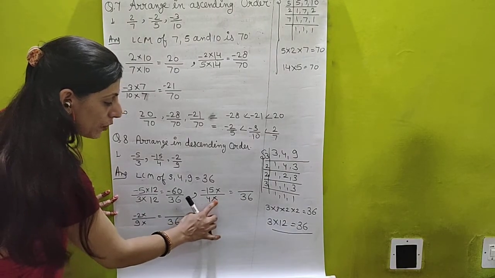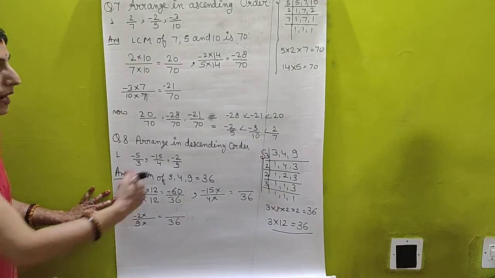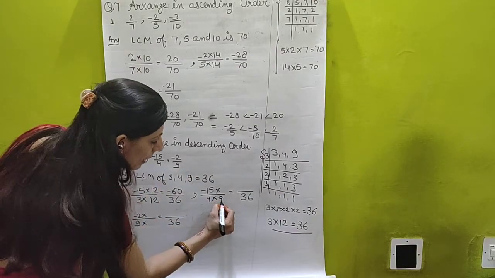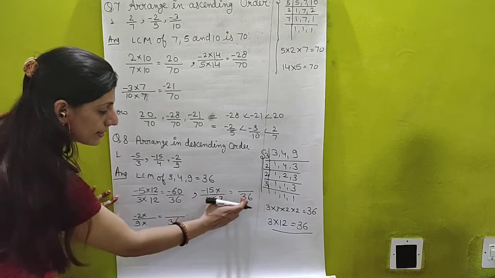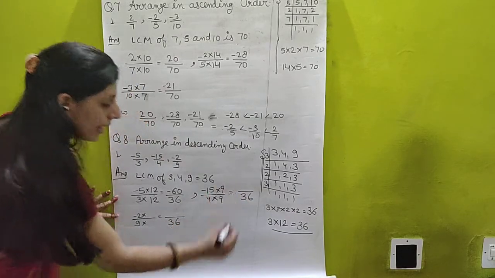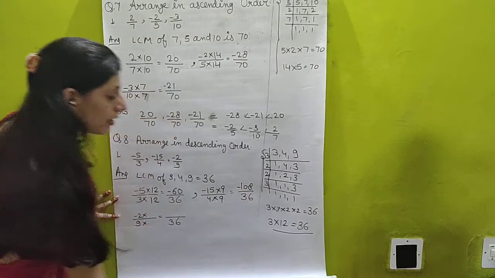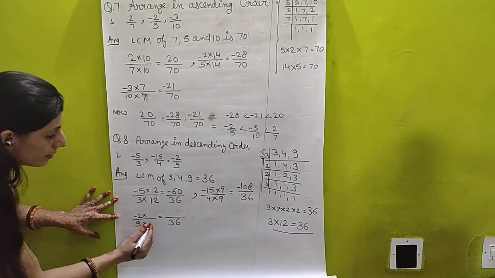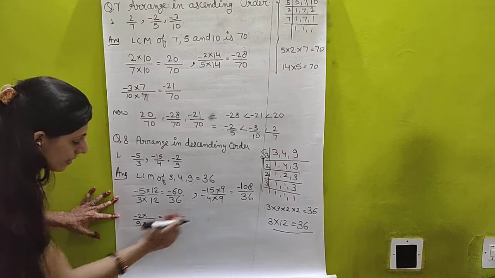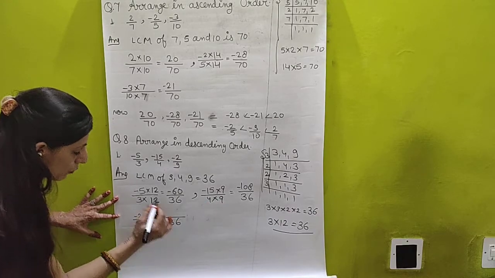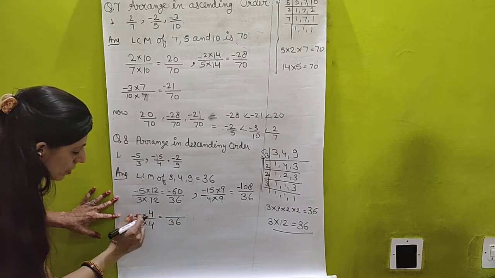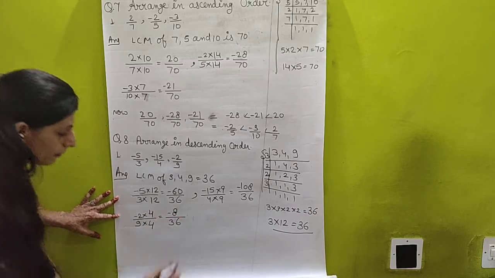from which number are we to multiply 4 to get 36? We are to multiply here with 9. 4 9s are 36 and here also 9 will come. 15 9s are 108 and then the minus sign will come as it is. Now here this is opposite. 9 4s are 36, and upside also 4. 9 4s are 36, 2 4s are minus 8 will come.